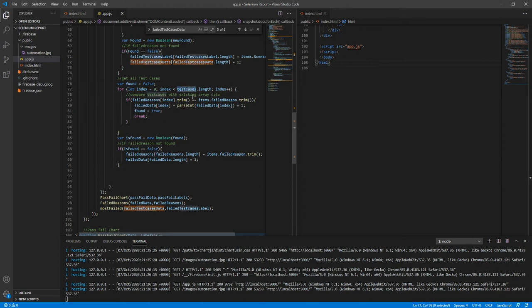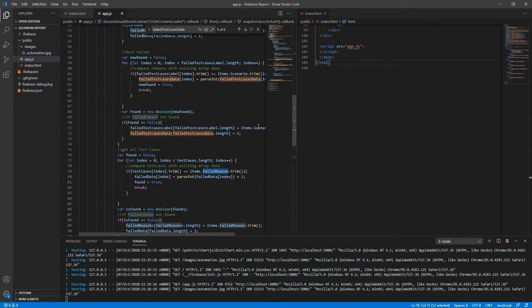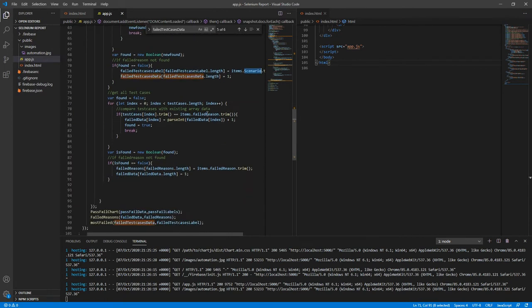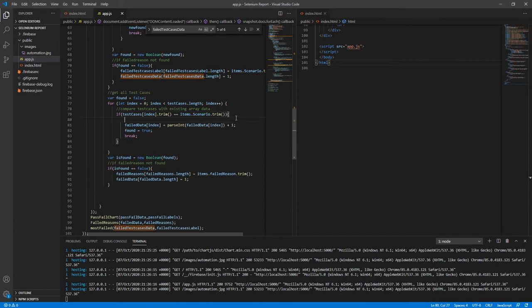So if test cases are equal to the scenario that we have, so if this test cases is the same as the scenario, then we need to increment our test runs. So test run index,